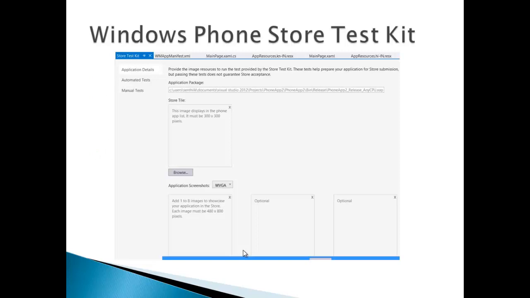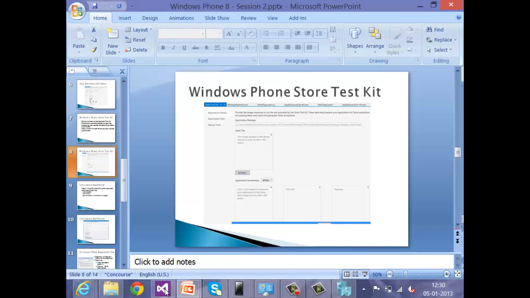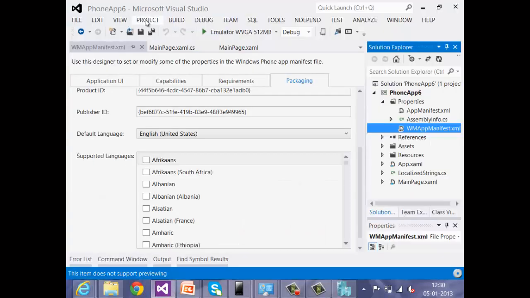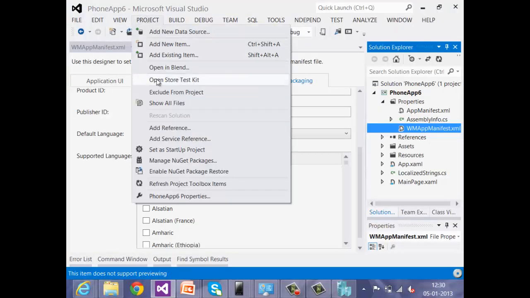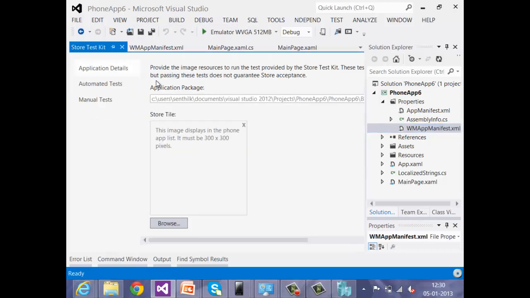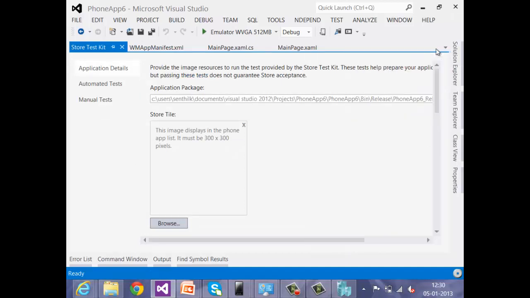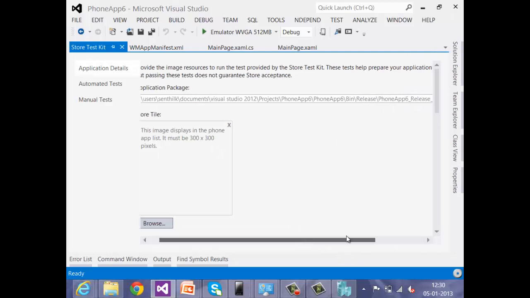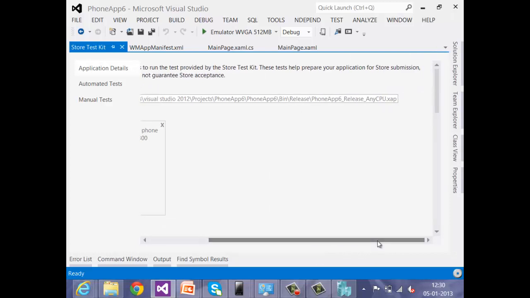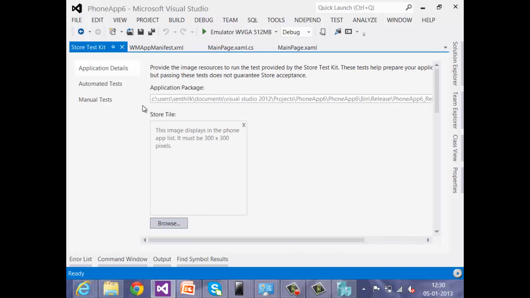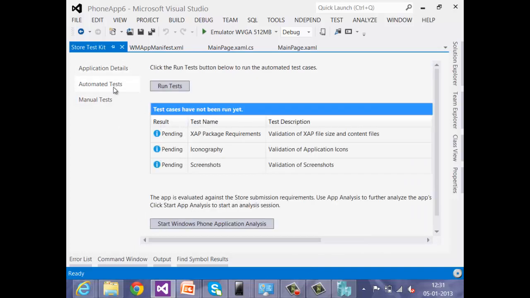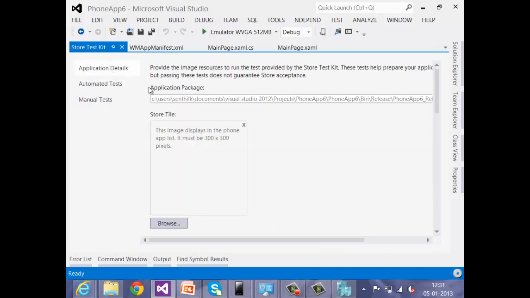So this is how the UI looks for the Windows Phone Store Test Kit. If you want to launch the test kit, go to the project, and there is something called Open Store Test Kit. Just select this. So this is the tool that I was talking about, where on the left sidebar you see 3 options here: application details.